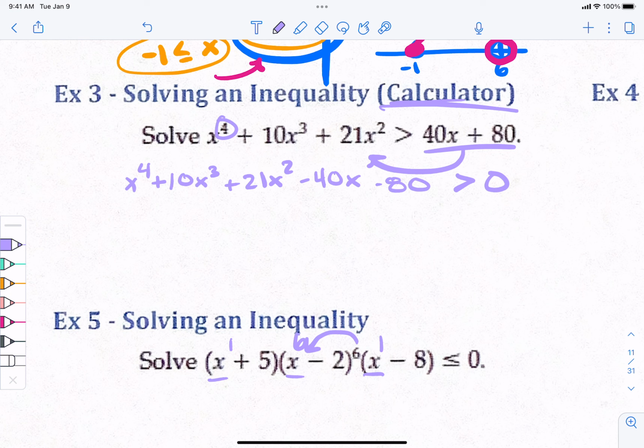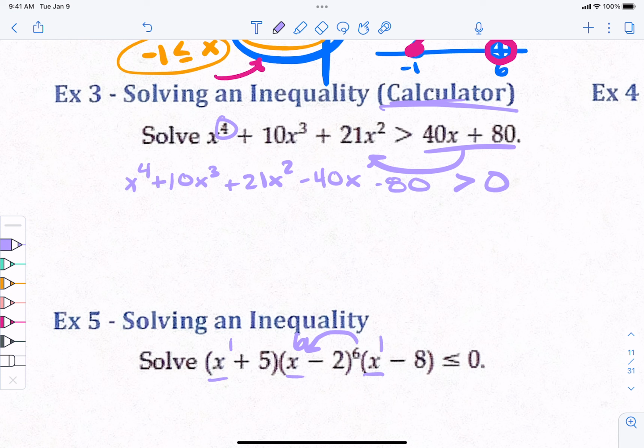Yeah? Okay, so I'm going to graph this thing, and you people who are watching this can't see it very well, but I'll graph it, and then I'll draw what it looks like. So if you need to fast forward, if you're watching this video, fast forward. I'm going to go to my fancy y equals, and if you would like to graph it as well, you can. Here is x to the 4th